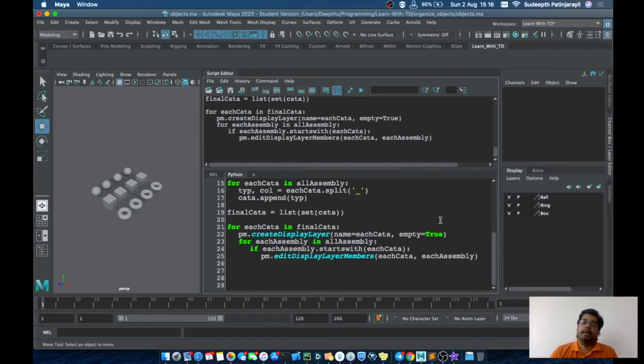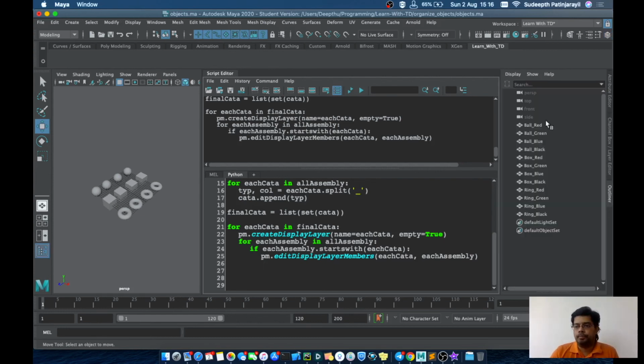Okay, so this is only an example. Actually the logic is explained over here. So this logic can be implemented for whatever items you have in your script, and based on this logic you can build scripts. In production, all the meshes will have underscore mesh or msh, such kind of naming convention. If you want to categorize all those meshes and put them in the display layer, this is how you do it.